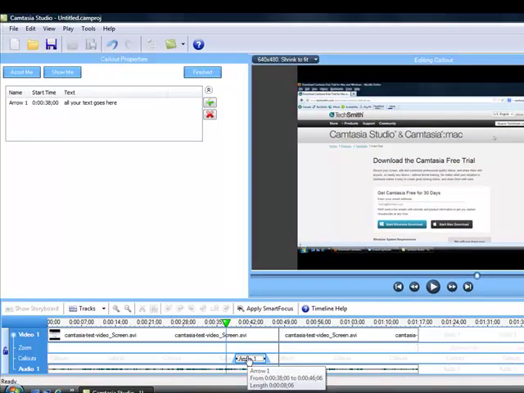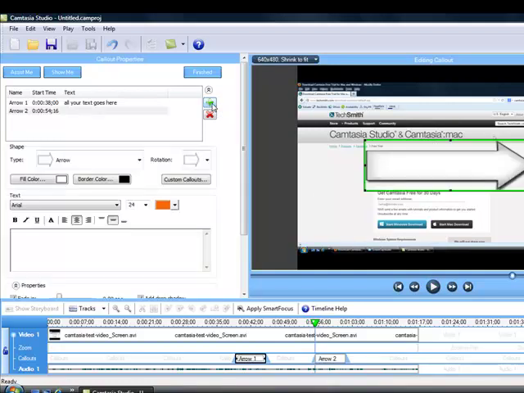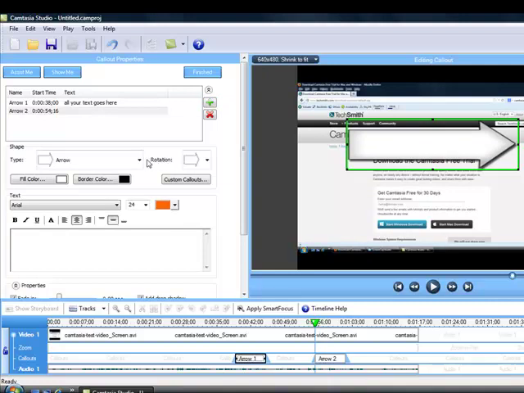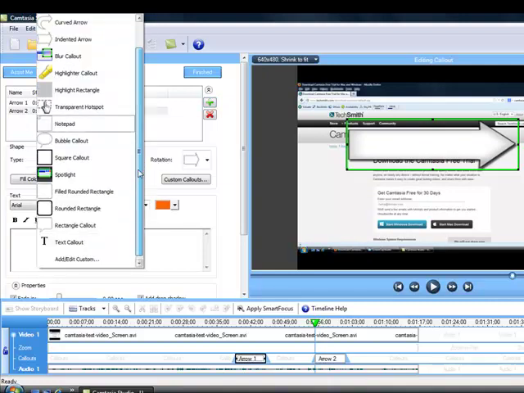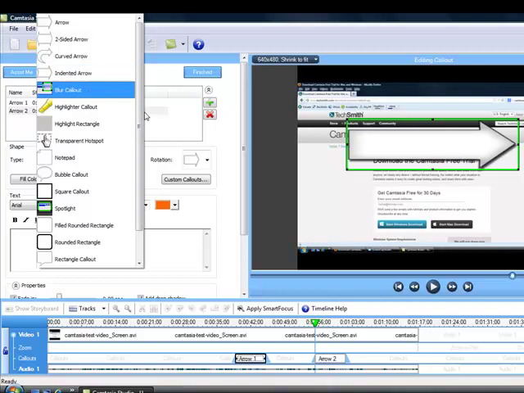Okay, so say if we wanted to create another one, all you would do is go to where you want the call out to actually appear. So say if we're down here somewhere. Now you can either pause the video, or if you don't pause it and let it run, as soon as you click the green button at the top there, it will automatically pause the video anyway. But to keep things easy, I just pause it and then go up here, click add a call out, and there you go. It just adds a brand new call out, and then you go to the side here